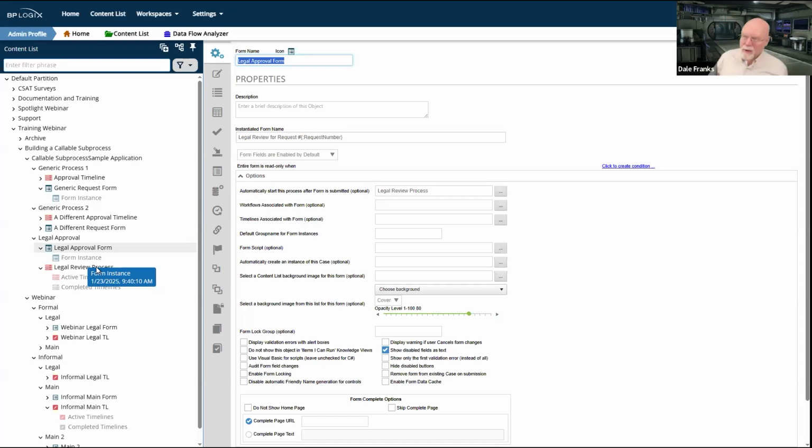I don't think it's either an advantage or disadvantage that your regular requestees in your main processes don't see the legal request form. And who cares whether they see it or not? All they care about is whether any legal comments get sent back and whether or not it got approved by legal. So a system like this, while it is harder to set up and more complex, does offer some key advantages from a user point of view, especially for your legal team, in that they always know what a legal request looks like.